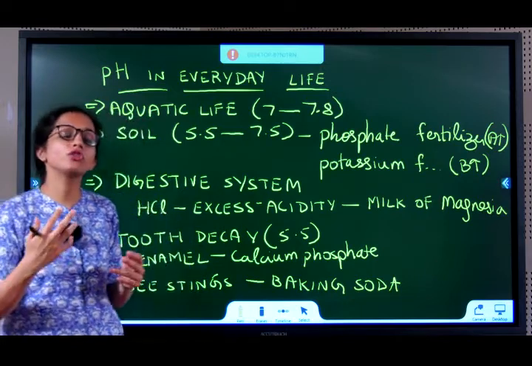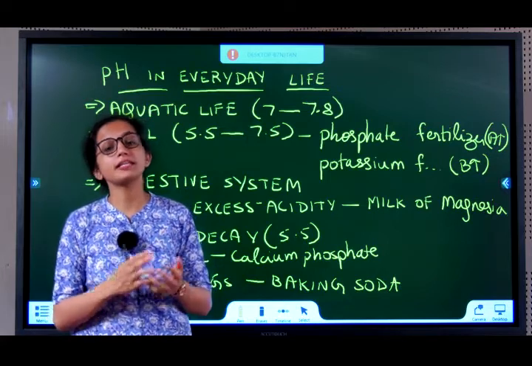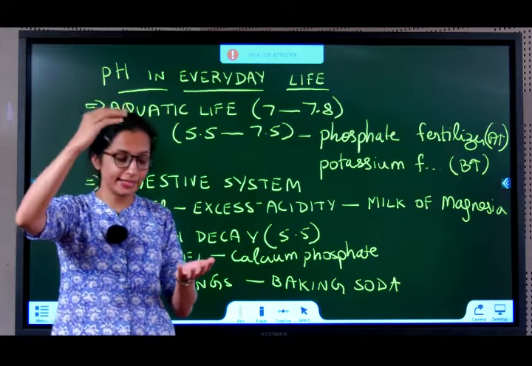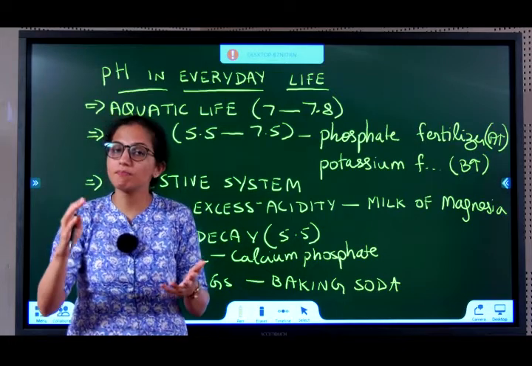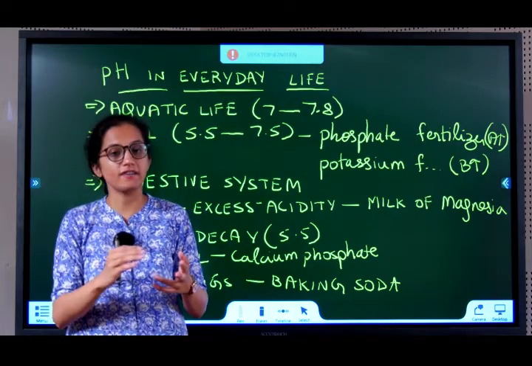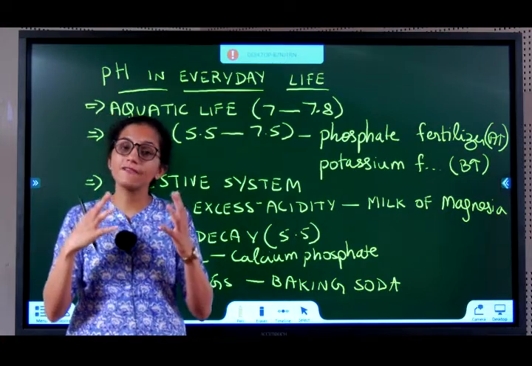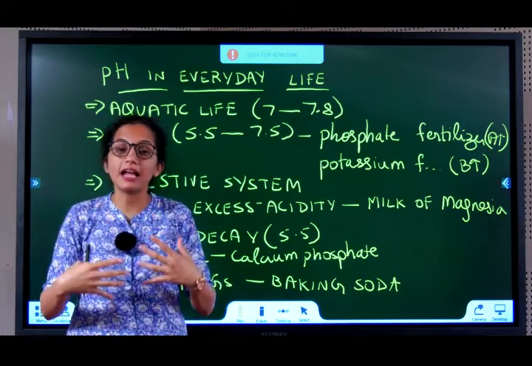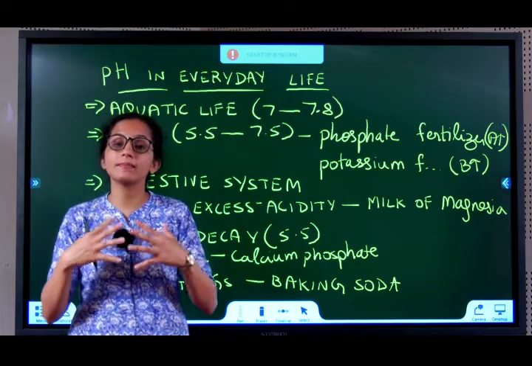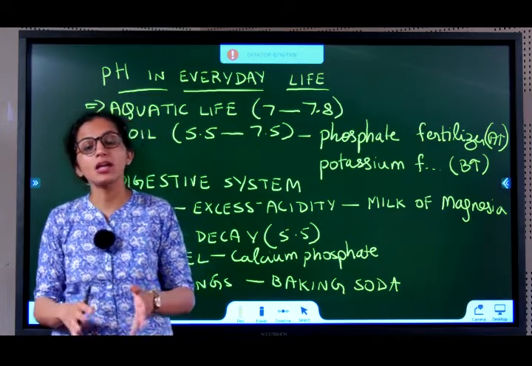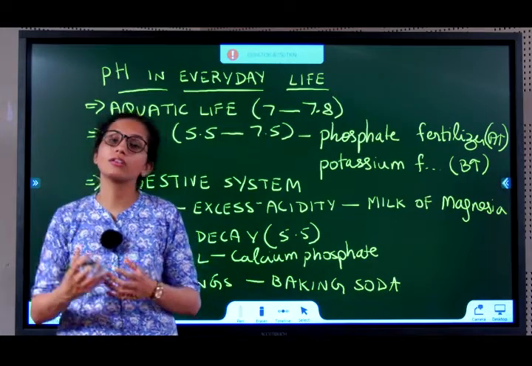In many regions today, due to pollution and everything, there is acidic rain. The normal pH of a body is between 7 and 7.8. So now due to acidic rain, the rain falling in the water is dropping the pH below 7. Acidic means pH drops below 7. So when the water interacting with the bodies is itself below 7, what happens? The fish in the aquatic life in that kind of water cannot sustain. Why? Because our living organisms sustain best between 7 and 7.8. So in acidic rain regions, it becomes very difficult for the aquatic life to sustain.